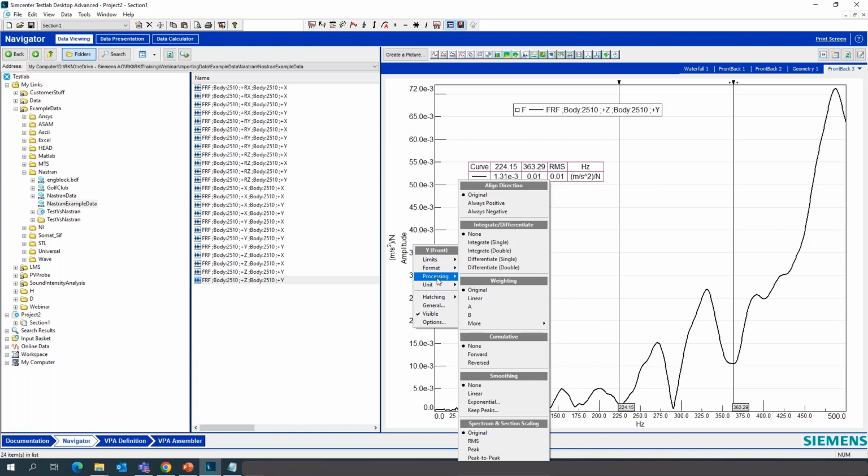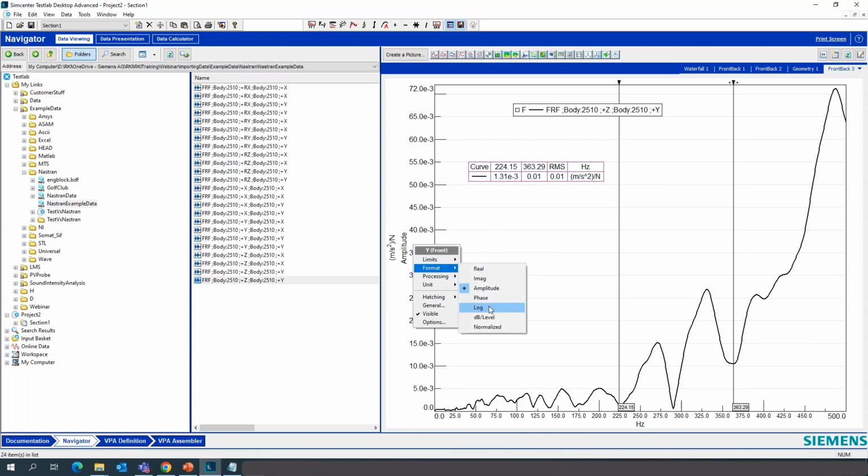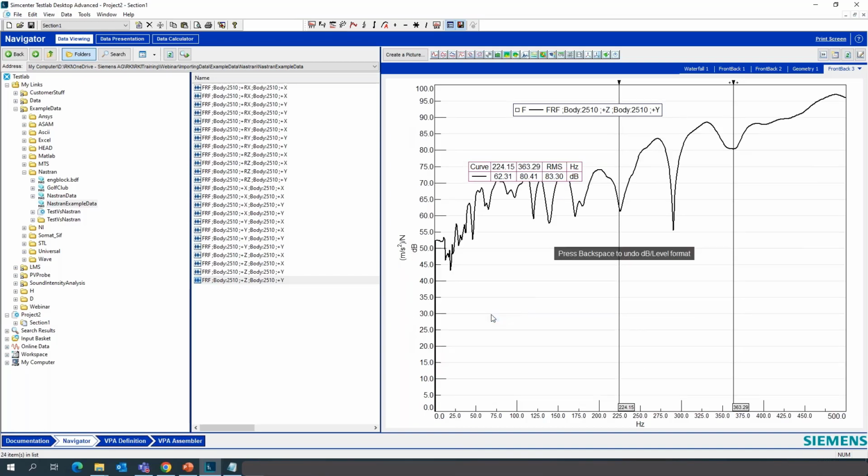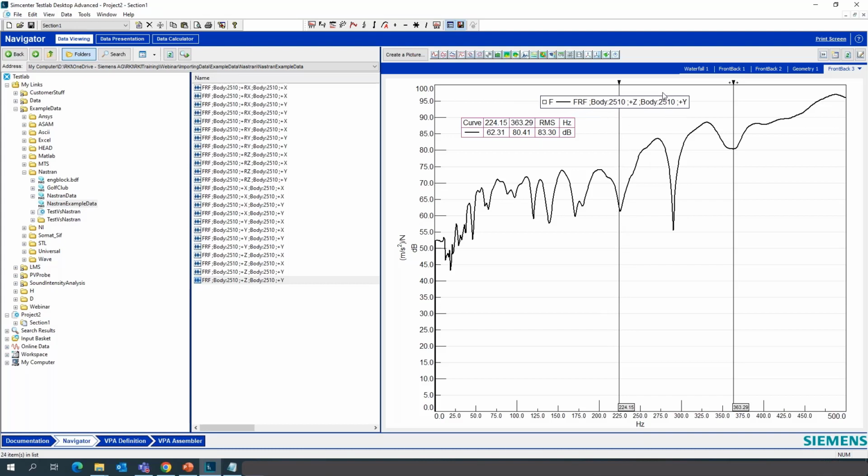Note that I just browsed to the file to access this information. I didn't even have to copy the data or convert it into TestLab format. I can just directly access it. And if I change it to dB format, it automatically changes the unit and shows me the RMS value in this way. So you can see how easy it is to browse to the data, plot it, and manipulate the data live while we are looking at it.